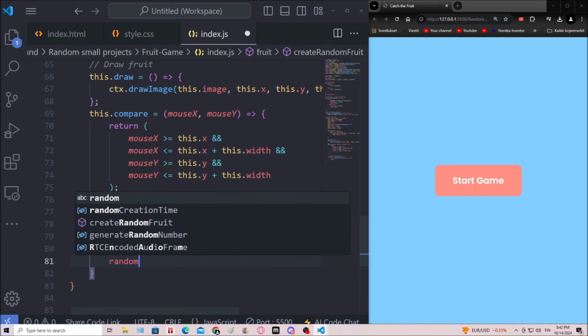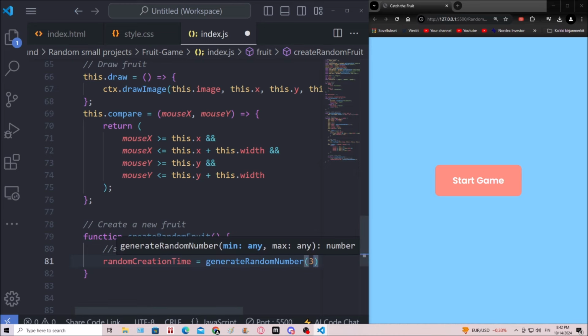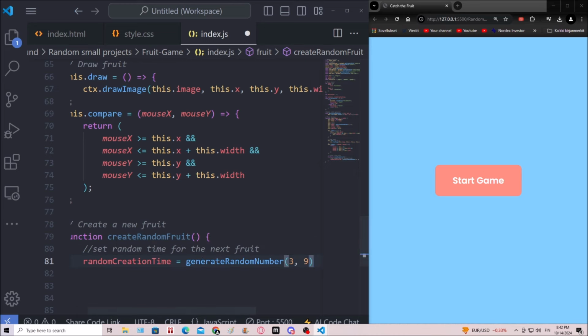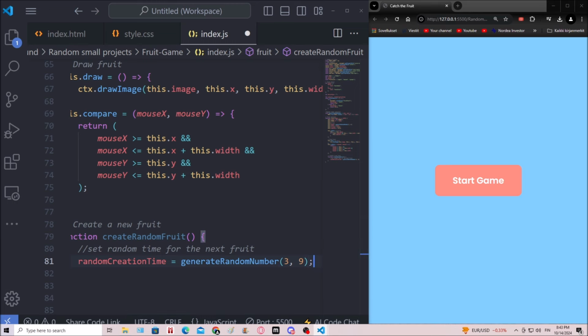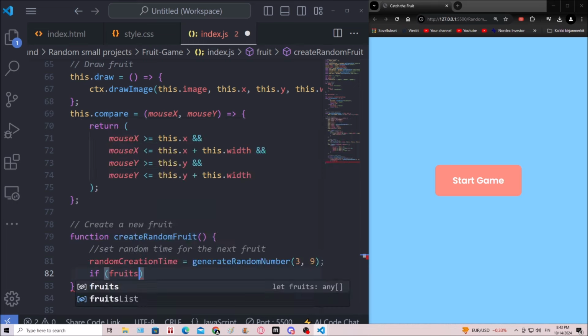So randomCreationTime equals generateRandomNumber, and this time it's gonna be between 3 and 9. Then we need an if statement. If fruits.length is smaller than the fruitCount,